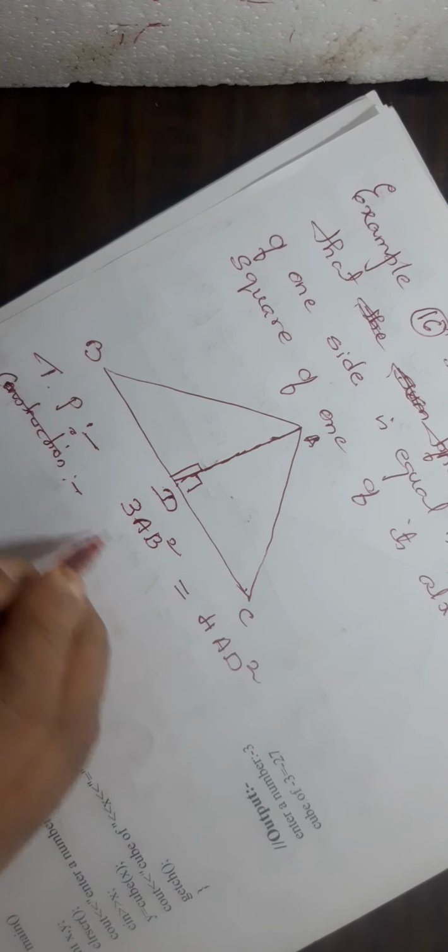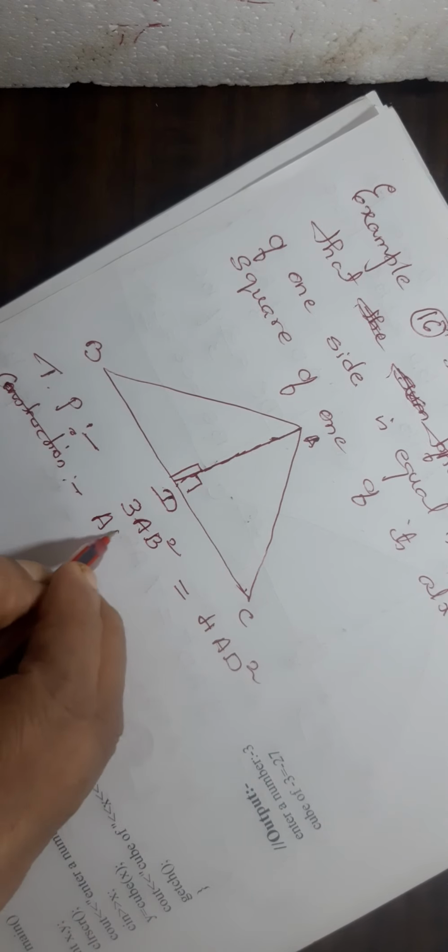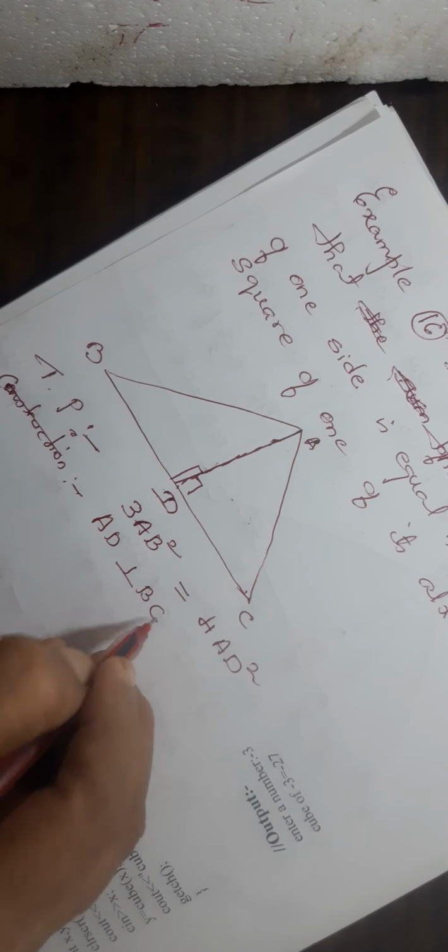Okay. Now for this, of course, it's not a construction, the altitude they had given, no? So no need of drawing dotted lines or something. It is there in the figure only. No need of construction also, of course. AD is perpendicular to BC. We can say that. In proof it comes. So AD is perpendicular to BC.